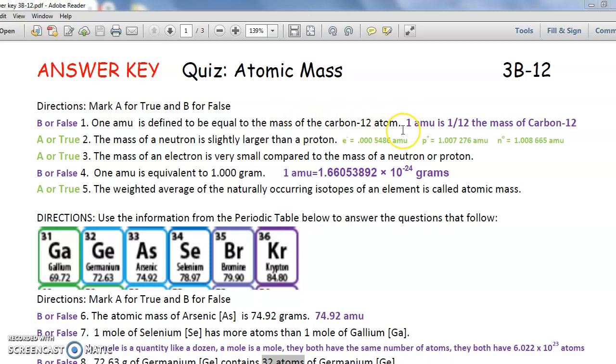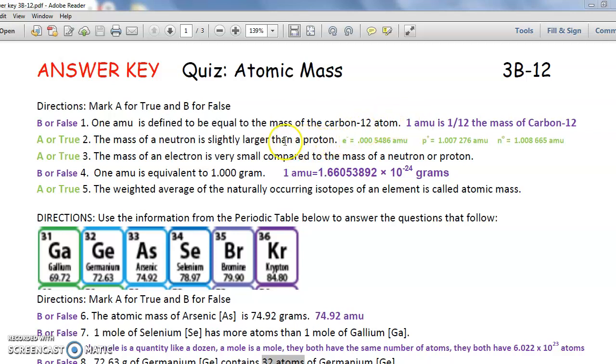No, that would be false. An AMU is 1/12 the mass of a carbon-12 atom. That means an AMU is pretty small. It's a 12th of carbon's atom. Remember, carbon-12's atom has 6 protons, 6 neutrons. So that means that an AMU is really very close to the average mass of a proton and a neutron,